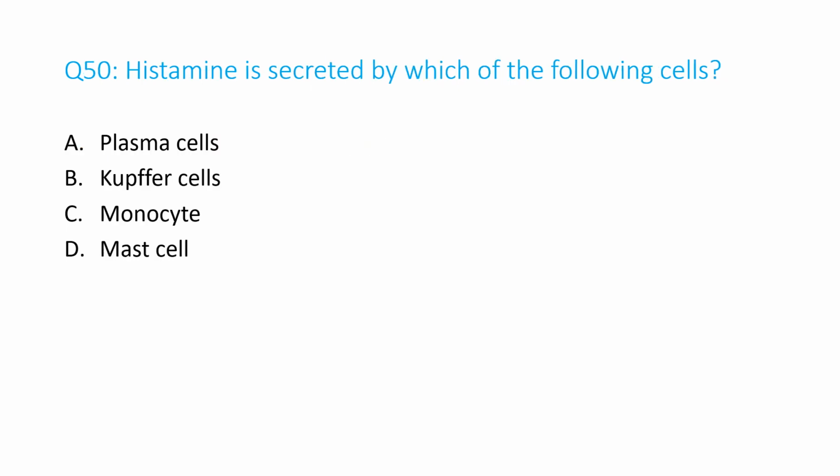Question number 50. Histamine is secreted by which of the following cells? A. Plasma cells, B. Kupffer cells, C. Monocyte, D. Mast cells. And the answer is